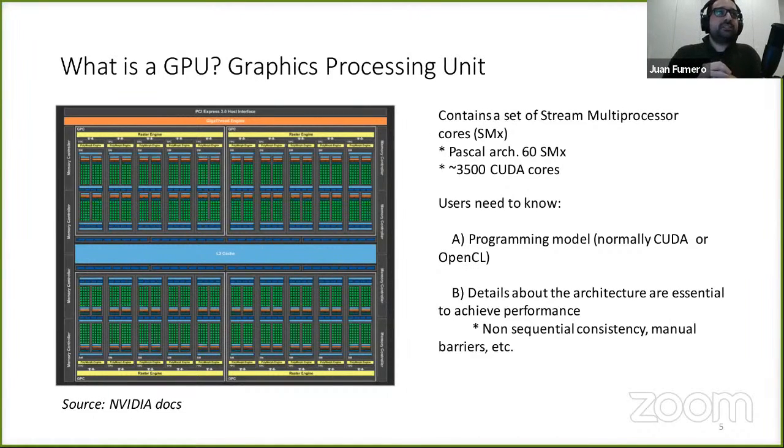L1 cache is not coherent. So that means that the programmer has to add barriers to make it coherent, right? To make the result consistent. Those are little details that the developer needs to know to program those devices. The thing is, we can program on top of OpenCL, and that's what Tornado does. Tornado is a framework on top of CUDA and OpenCL that we can use to hide all these